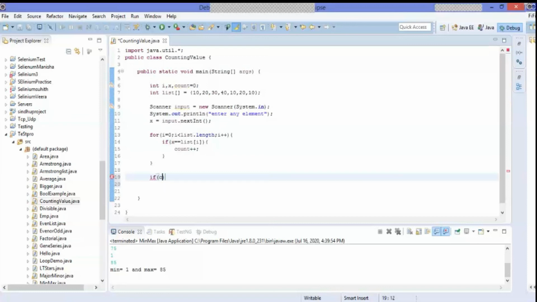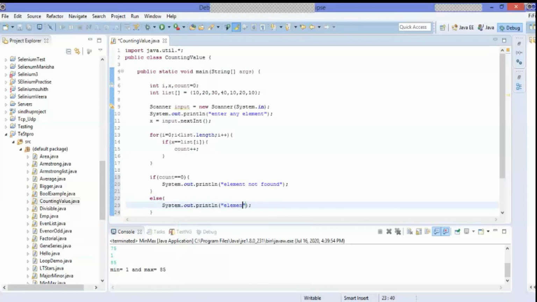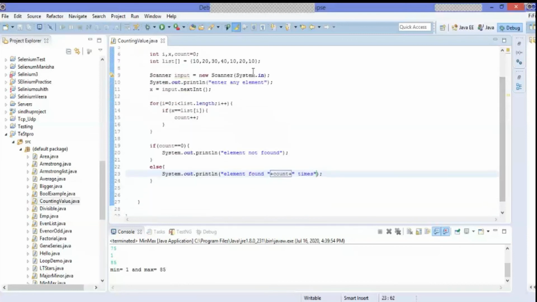So I'm checking: if count is equal to 0, we display System.out.println("element not found"), else System.out.println("element found" + count + "times"). This is a simple logic for counting a value in a specific array.